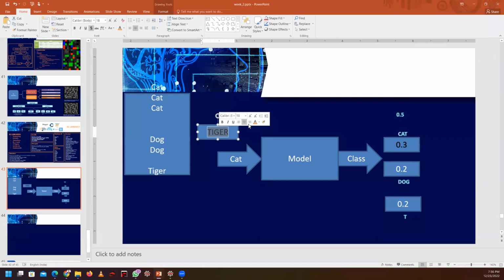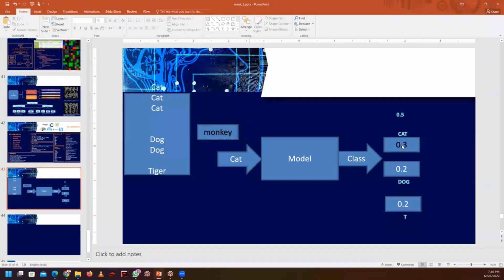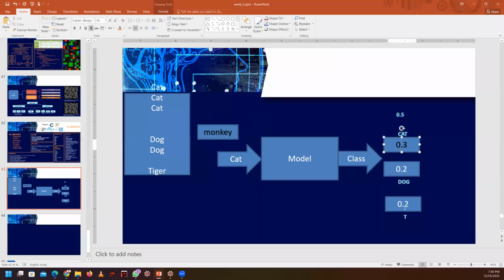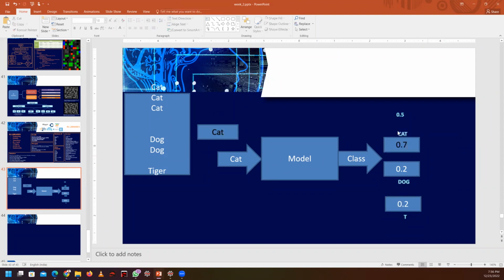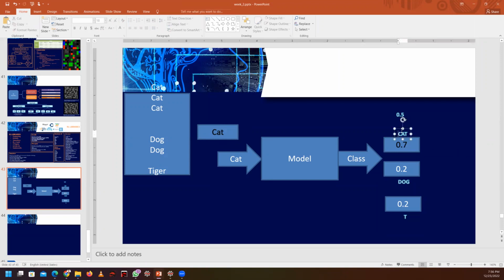Okay, first let's say you have a cat. In that case, the cat value will be some 0.7. What is the maximum one? 0.7, and it is greater than 0.5. So it will assess this particular image as a cat. Then your output will be cat.